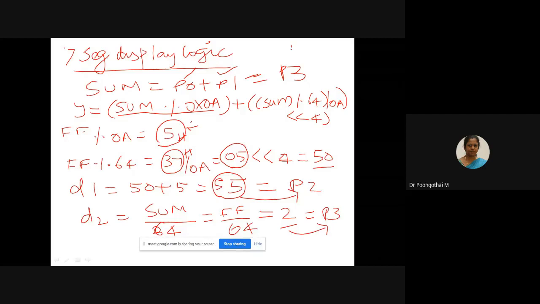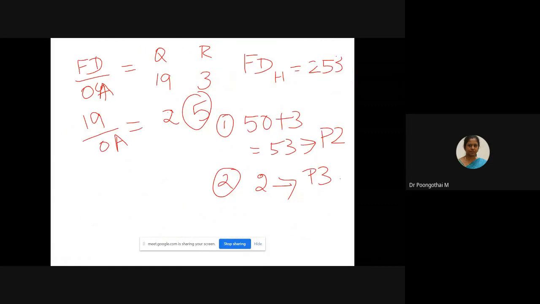The number is 255, so either you can store it as 25R5 or 2R55. Anything is fine. Next, the next method.